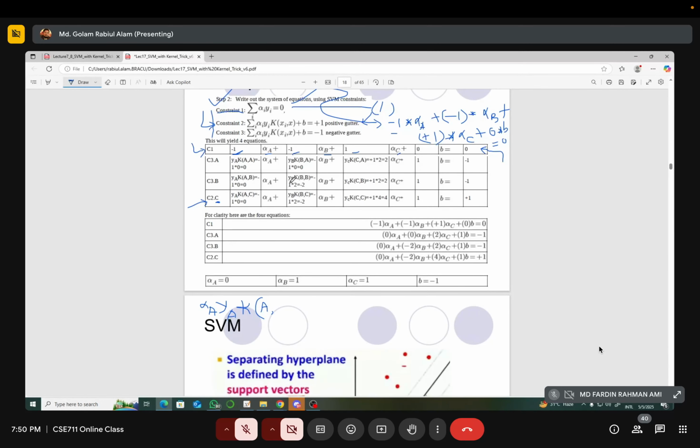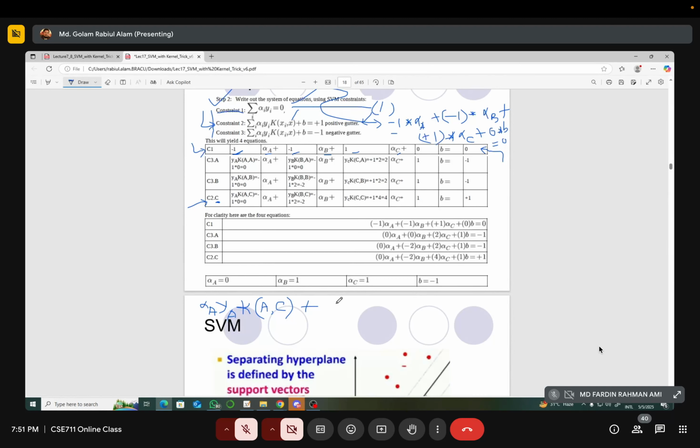Fixed means it will pass through the data point c. This gutter, the positive gutter, will pass through data point C, so that's why x is C. But xi will change. So the first xi is A,